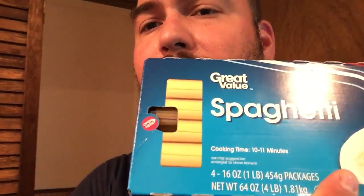But we get these boxes. So this is like a 3-pound box for like $1.50, and here's one that's a 4-pound box for like $2 or $3. Right, so that's a couple meals, and then one of these, right? A 2-pack. So as we can, we buy these, put them on the shelf,